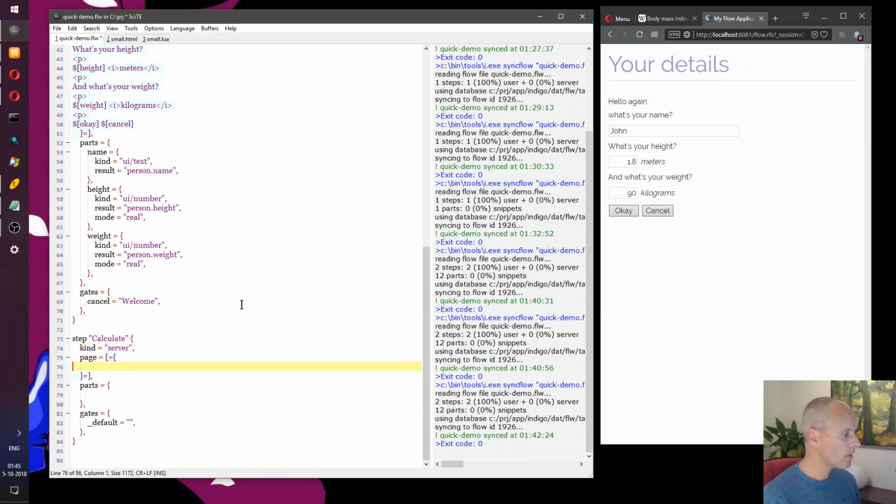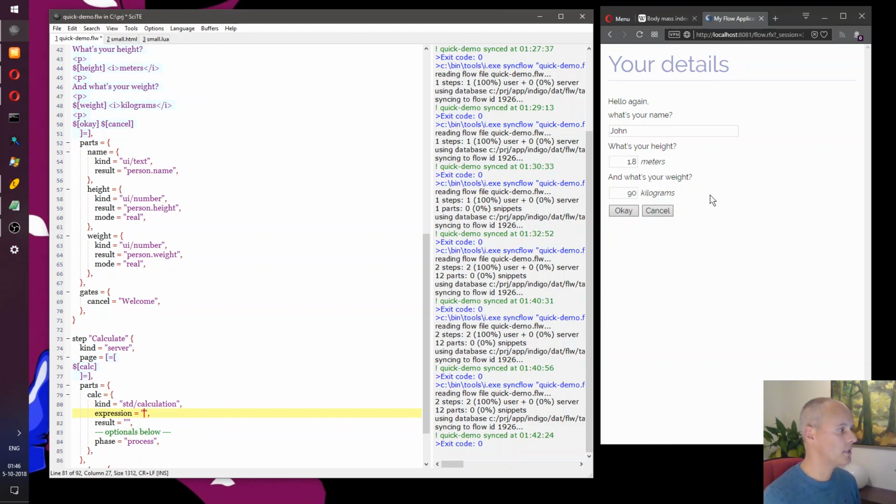But we can still say, for server steps, the page simply holds the collection of parts that run. So here it says there's a calculation part, which is called standard calculation.